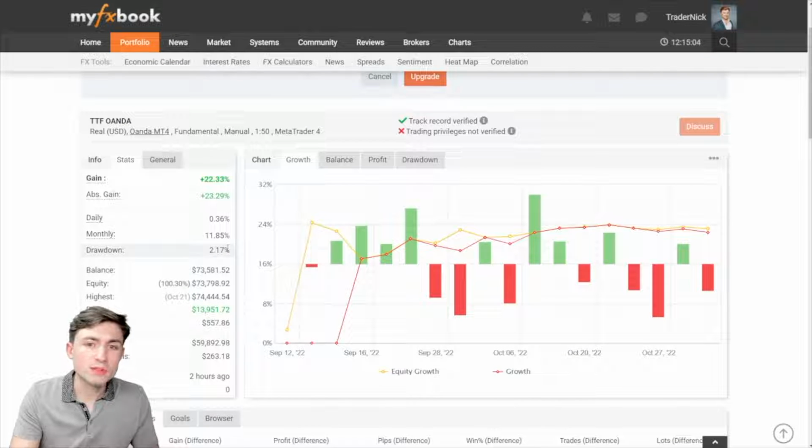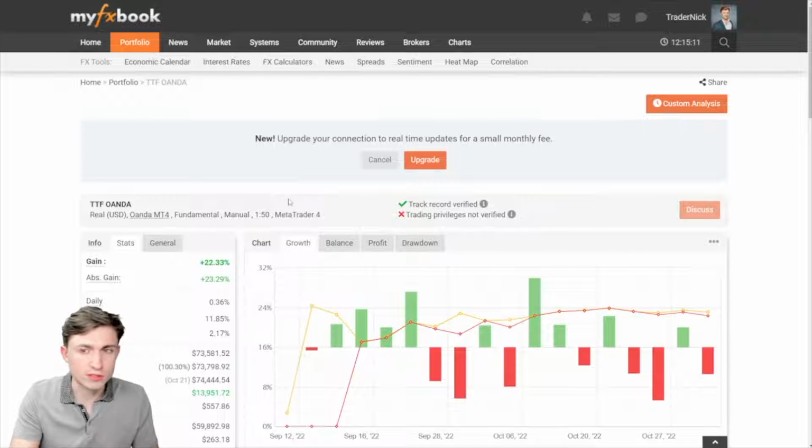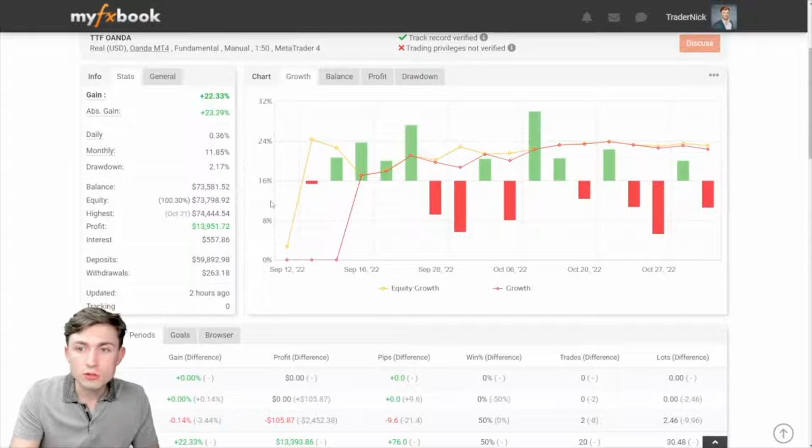So I'm going to walk you through just some of the stats that I'm able to look at through MyFXBook. And remember, if you want to sign up for an account, again, it's totally free. Just go to myfxbook.com and click register in the top right hand of the screen. You can set up an account, it takes like 2 seconds, and then you can start tracking your own trading